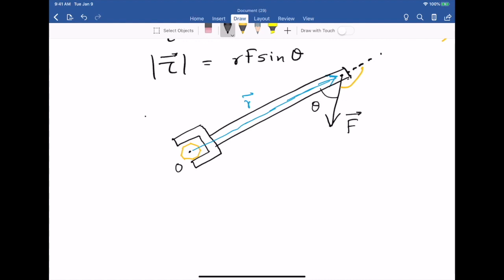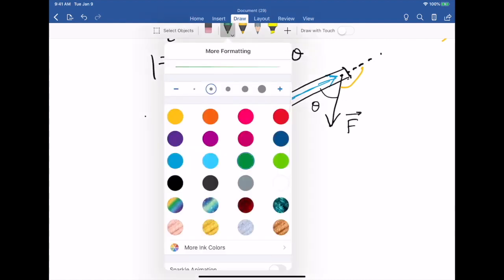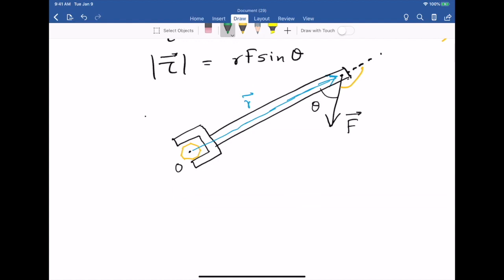Suppose I draw a line through the force, and then from the reference point, which is the axis of rotation, I make a perpendicular to this line. So I draw this perpendicular so that this is 90 degrees. Now from geometry, can you tell me what the length of this green line is going to be? The length of this green line would simply be r sine theta,